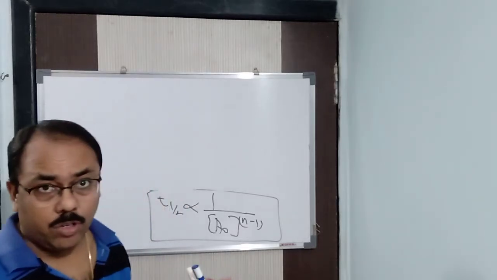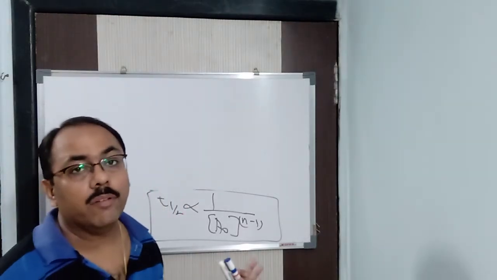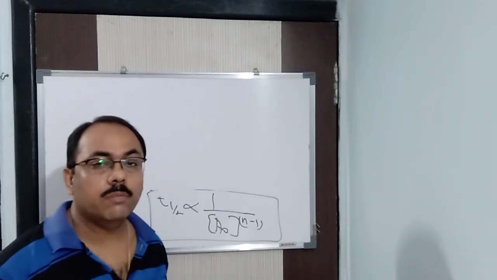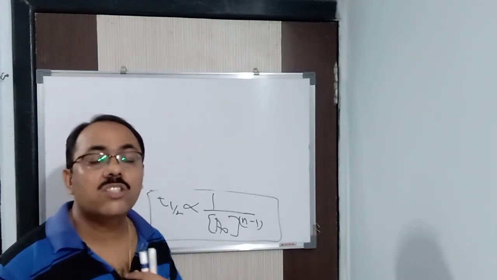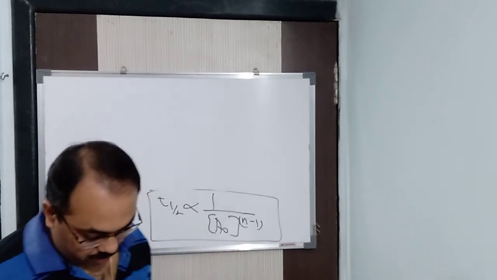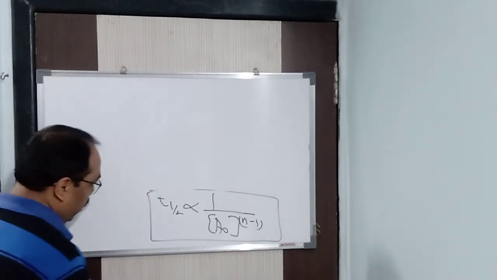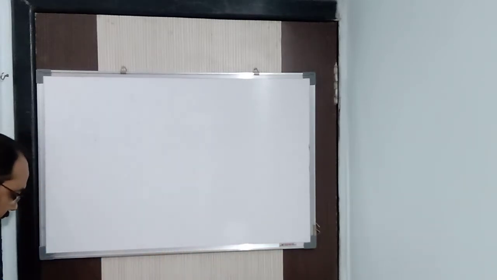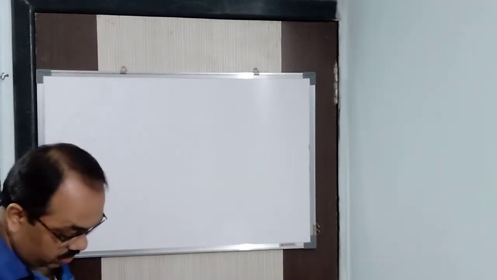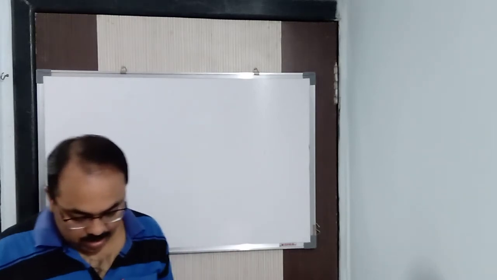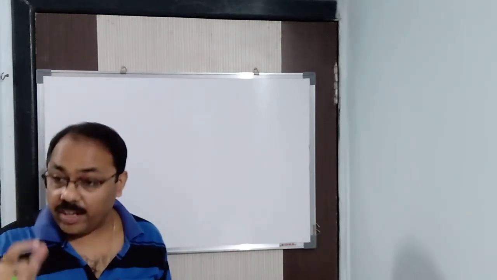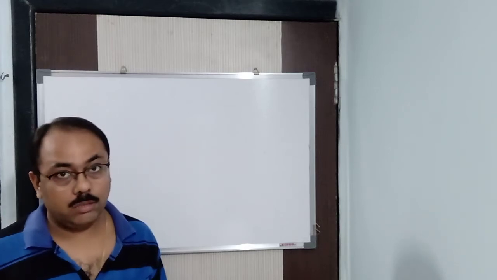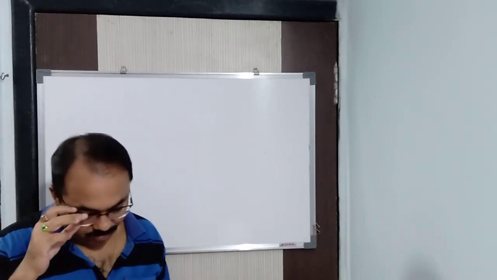The half-life period I am talking to you about, when two reactants are being given. How to find the formula? We will find a relationship here between the half-life periods. Fine. Now, what I am going to do is find a relationship of the half-life period for two different reactants, or we can say two different initial concentrations.